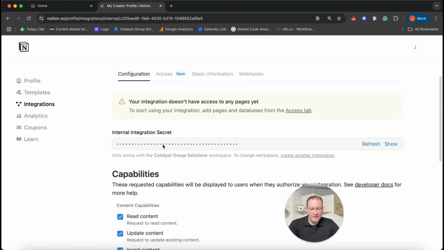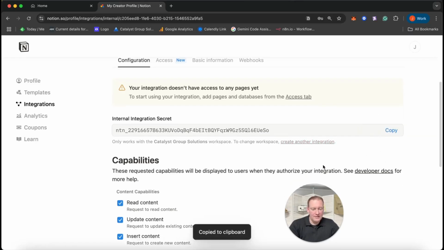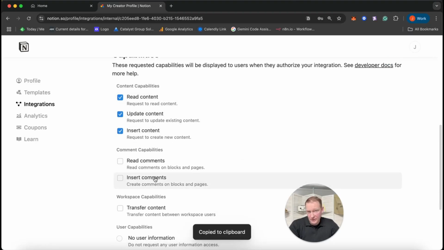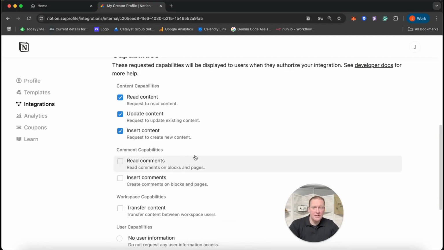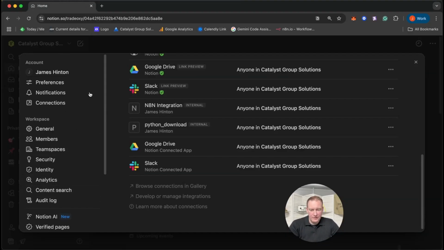See here, this integration setting with Notion is not going to go away. So you can come back here anytime you want. You can show it here. There it is there. And you can copy that if you want it, and we'll use that a bit later. Here you can set all the permissions. I really recommend that if you're using this for some sort of distributed project, you make sure that you get these permissions right, because they can have a huge impact on what you're doing. That's the first thing. If we go back to our connections here and we refresh them,